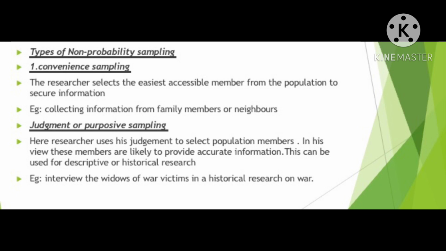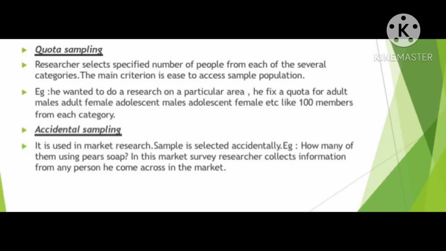For example, one researcher is doing historic research on a war, so the researcher can interview the war victims' wives, thinking that their wives can give proper information about the war. That is based on the researcher's judgment. The researcher is doing the sampling method. Next one is